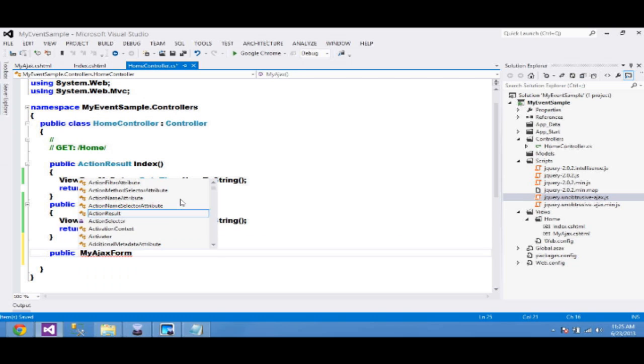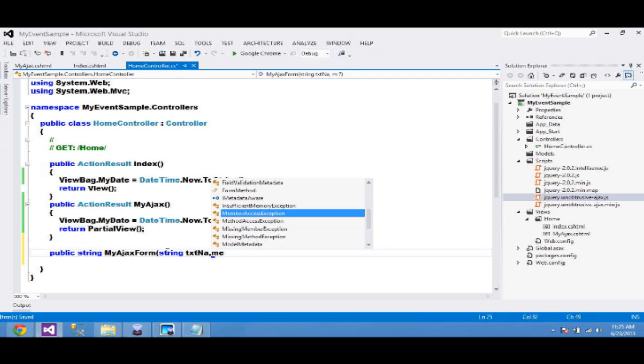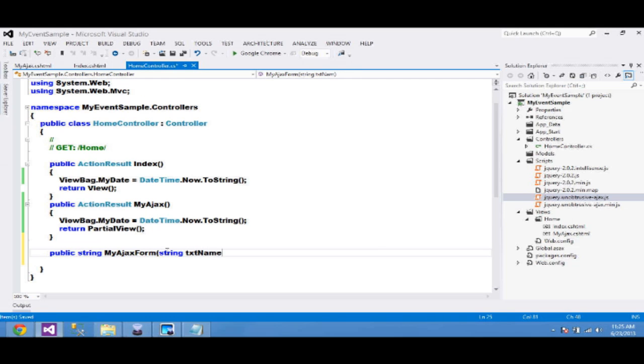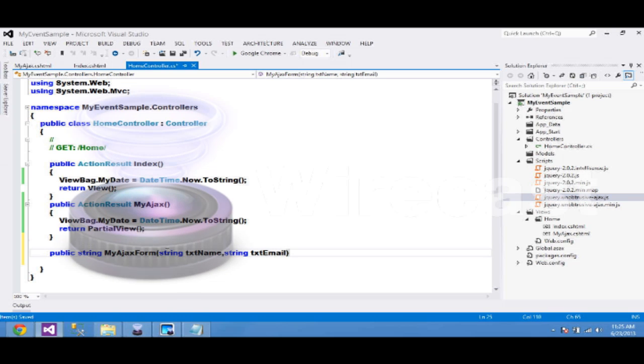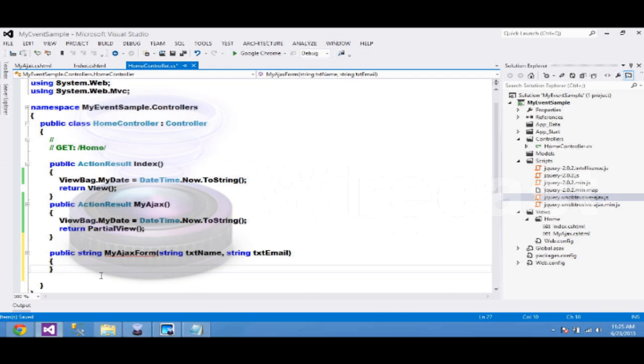Let the return type be string, MyAjaxForm, and it is going to take two parameters, that is string txtName and string txtEmail. Txt name and txt email, and it is going to return another string that says